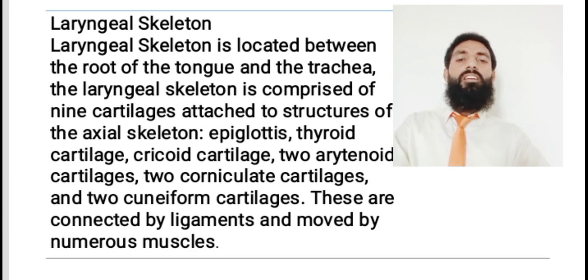So this is a very complex structure of human beings, and the same is the case with the rest of the animals and other organisms who can produce sounds. But in a clear sense, humans are really complex. You are really complex. If we take stock of the anatomical structures of human beings,